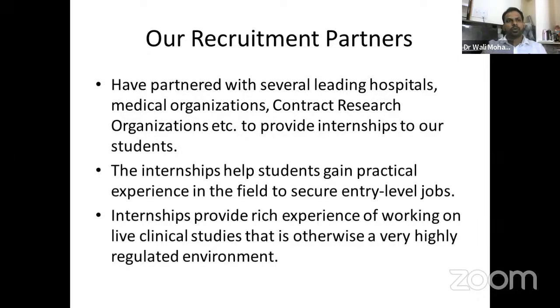We have good rapport at the hospital sites, at the sponsor sites, and in other countries as well. So we will try to push you guys. We have got a tie-up with a lot of good recruitment partners. So it's not just that we complete the course and leave it as it is. No, we will try to push you with